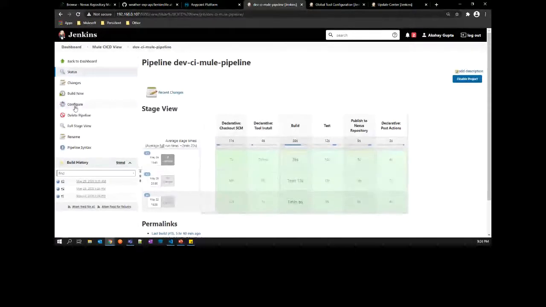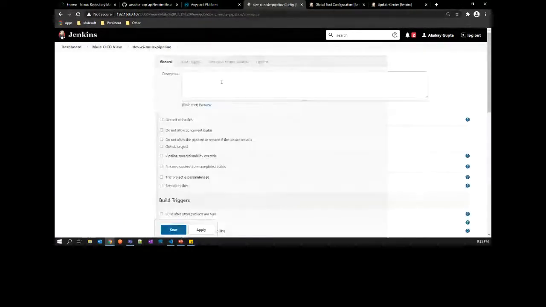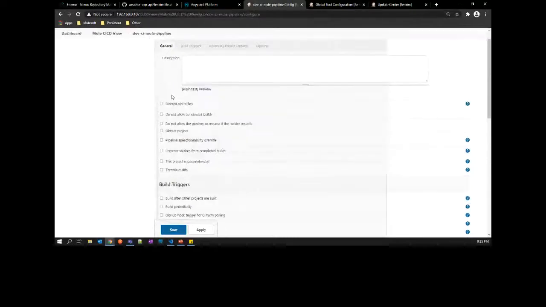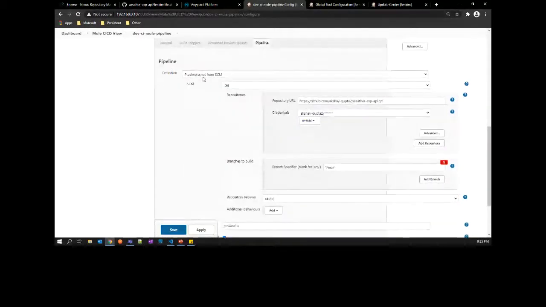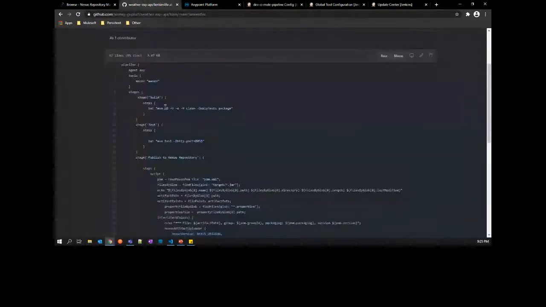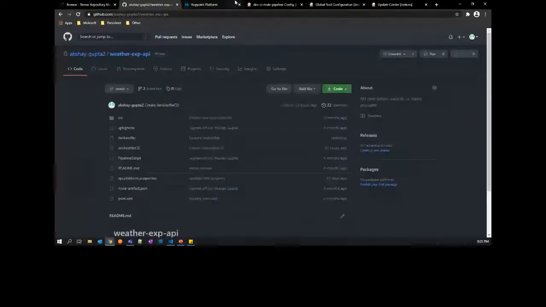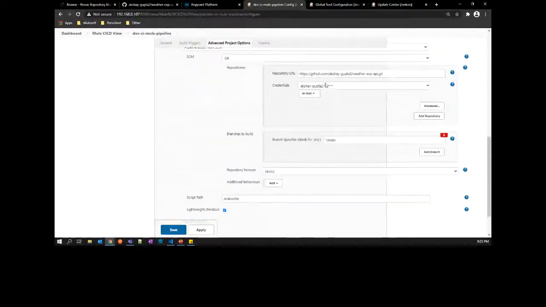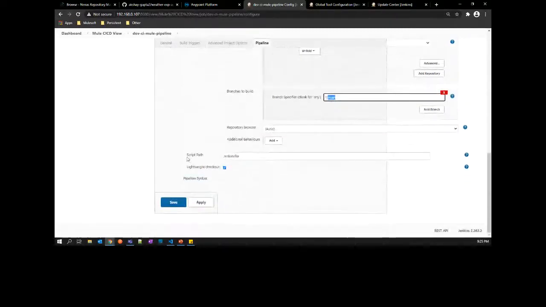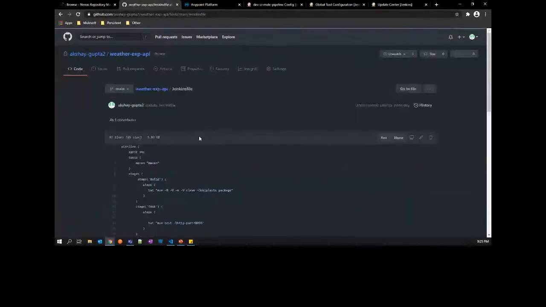So we'll quickly take a look at the CI pipeline first. If you click on this configure button for this CI pipeline, it will show you the code and all the configurations that we have done. For the pipeline code, we are saying that we want to fetch the pipeline script from a source code management system. We are using Git as the source code management system, and this will be referring to this particular repository. Whenever you trigger this pipeline, it will go to this repository, refer to the branch main and pull all the code from there. And from all the code, we have given the script path as Jenkinsfile. So this file will be referred to as the script.